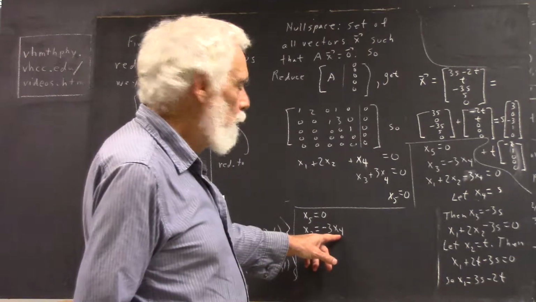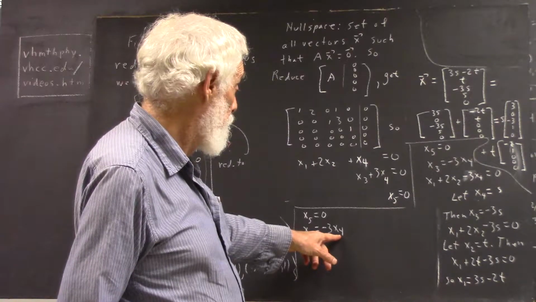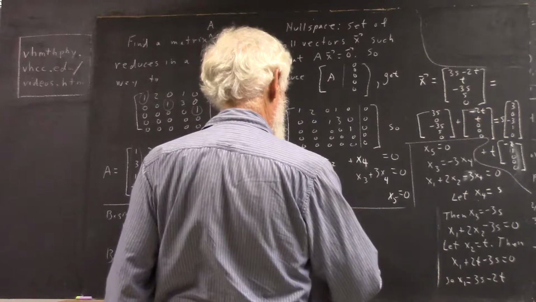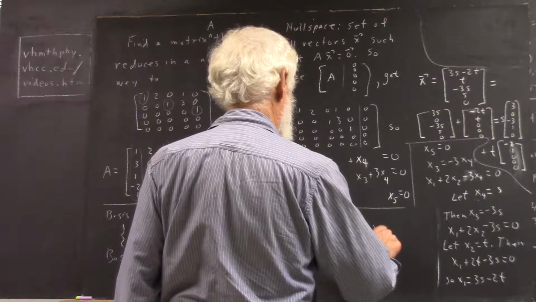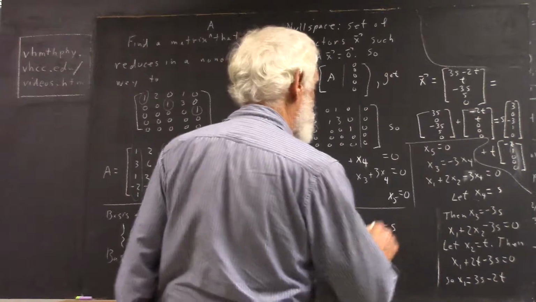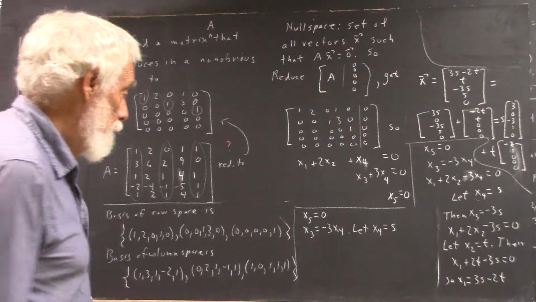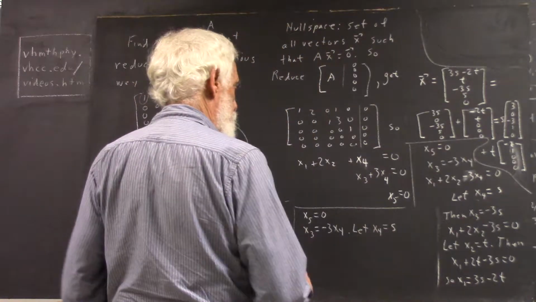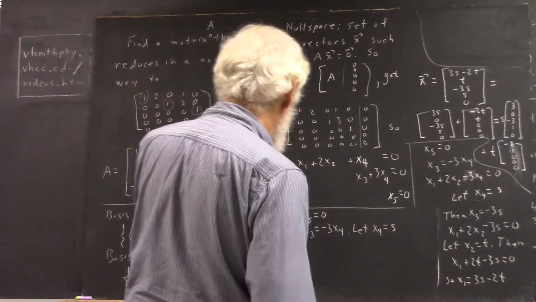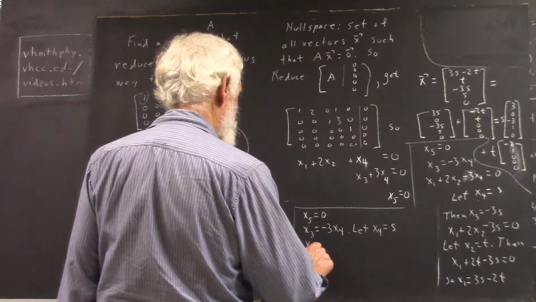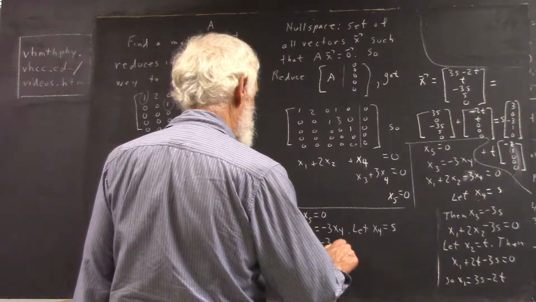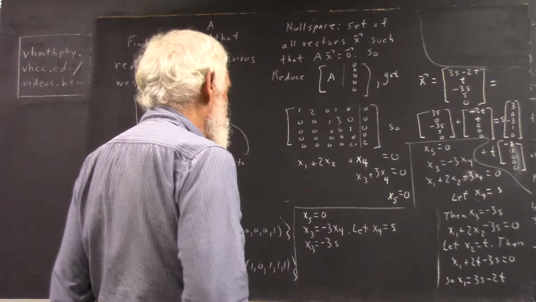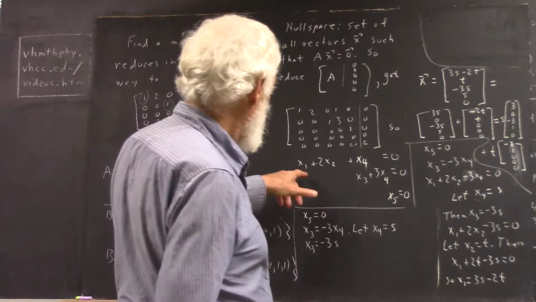So if we take x4 to be one of our free variables, because that occurs up here as well, let's let x4 equal s. So s is the value of our free variable x4. It follows then that x3 is negative 3x4, so x3 is negative 3s. Now up here, x4 equals s,